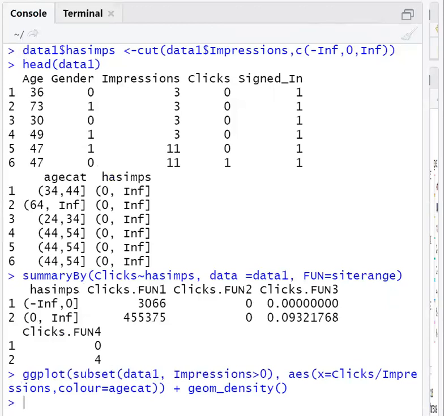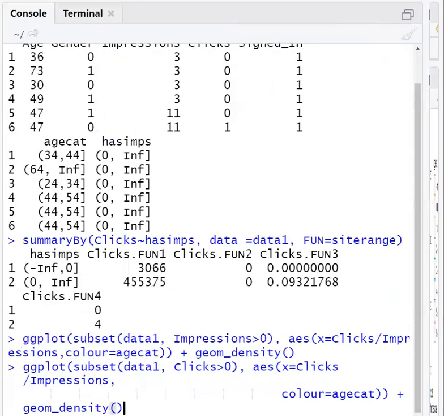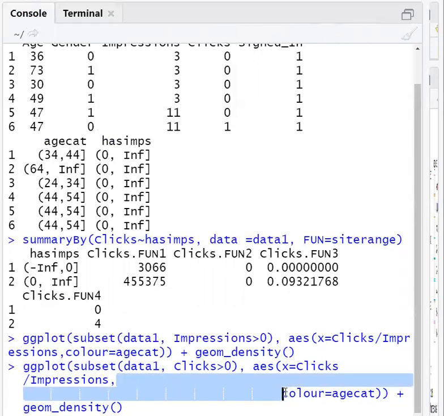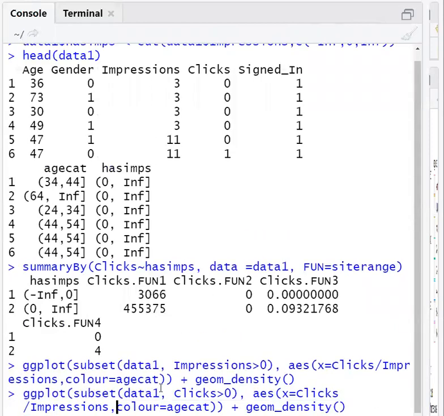Similarly, we can plot a density function on this one. That is, a subset again we will take where clicks are greater than 0. So clicks greater than 0, on the x-axis again we will take the clicks per impression. Earlier we plotted for impression greater than 0.